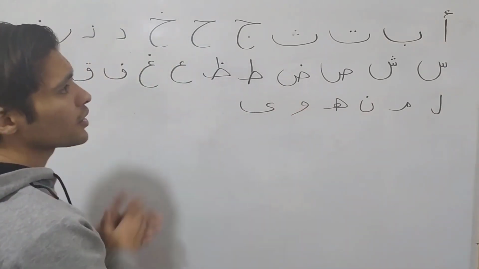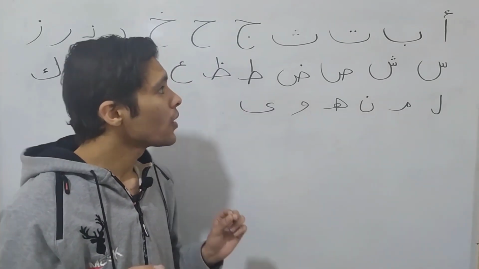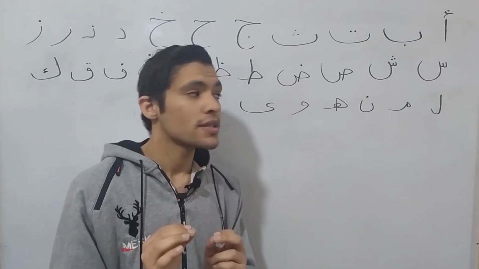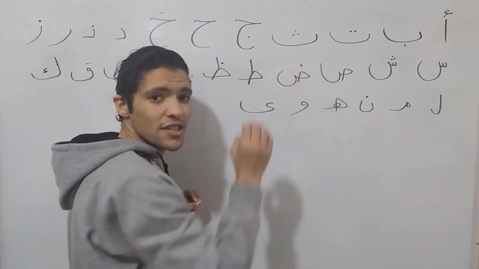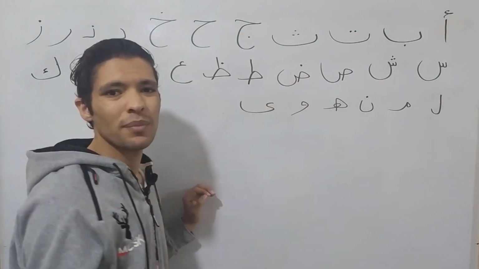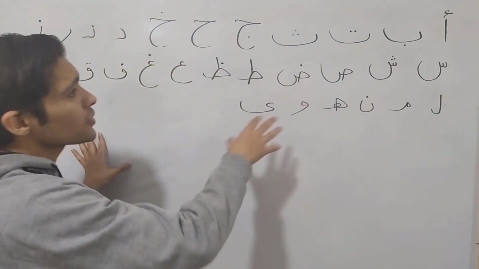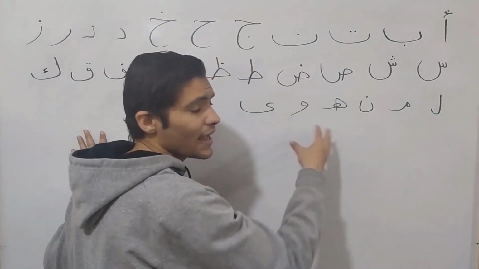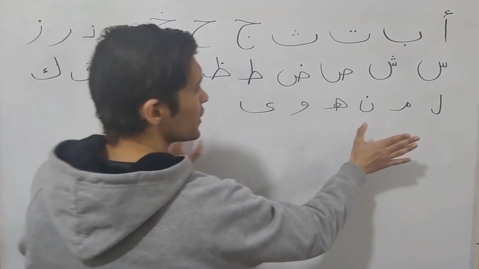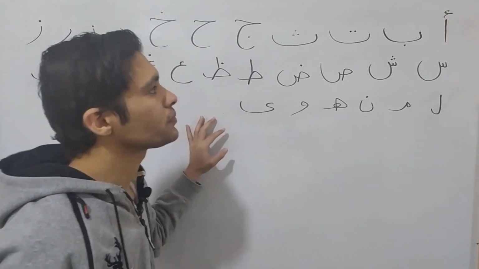As you see, there are 28 letters in Arabic. Some of them kind of look the same, that's why we use some dots just to differentiate between them in the writing and in the pronunciation. Let me make things much clearer for you. We will talk about the alphabet and the sounds of each letter. But let's leave this for now and let's understand some secrets.